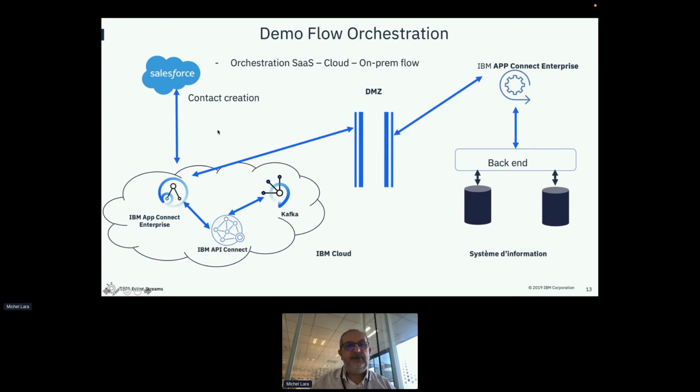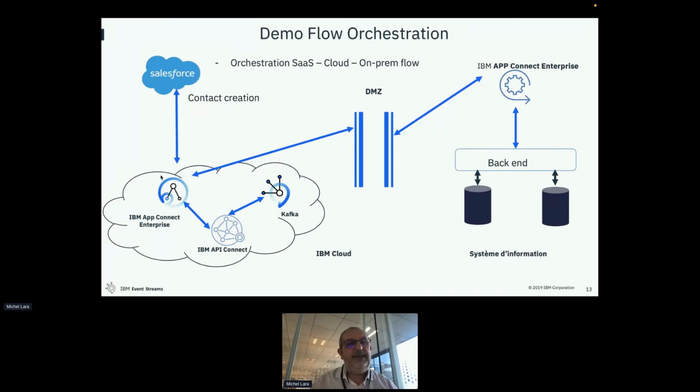This scenario is very simple. You create a contact on Salesforce, a very well-known SaaS CRM, of course. And when you make this contact creation, an orchestrator, depending on the name, has two possibilities. This is a very small business logic I will show you.